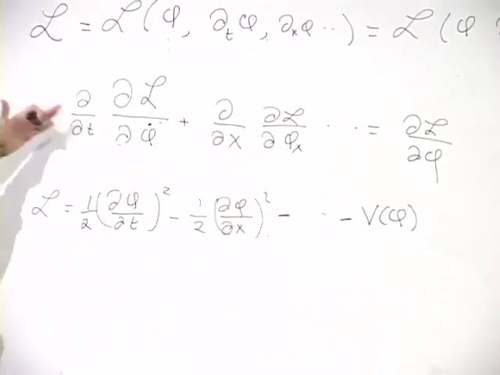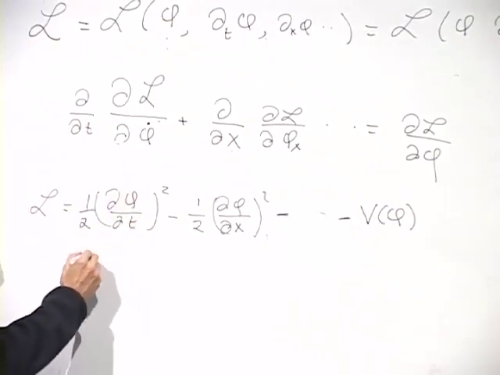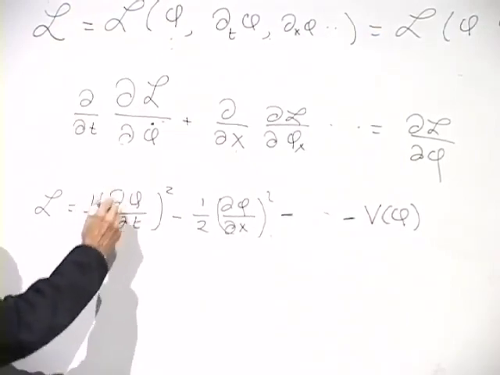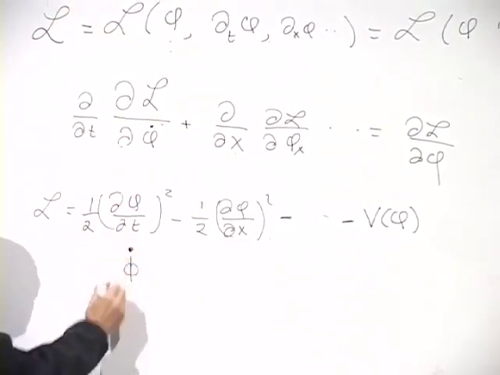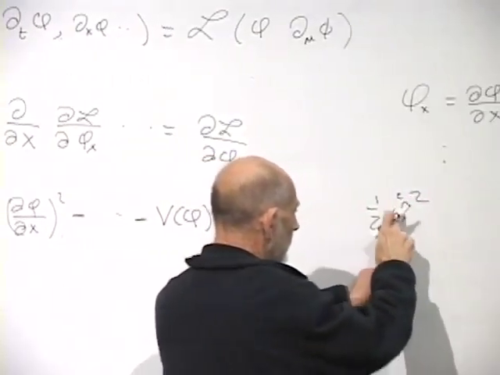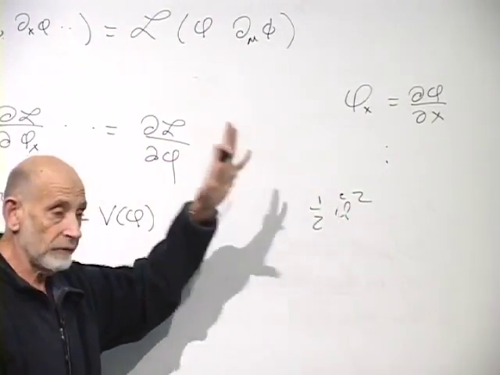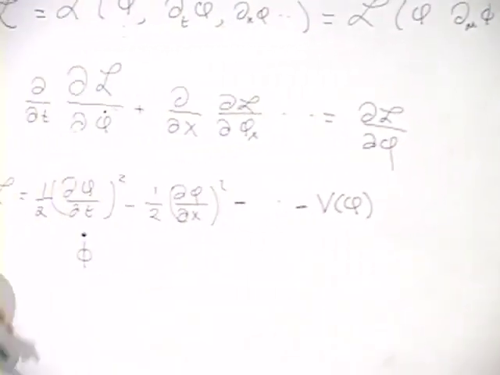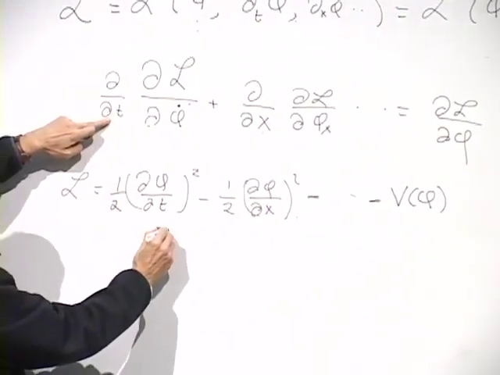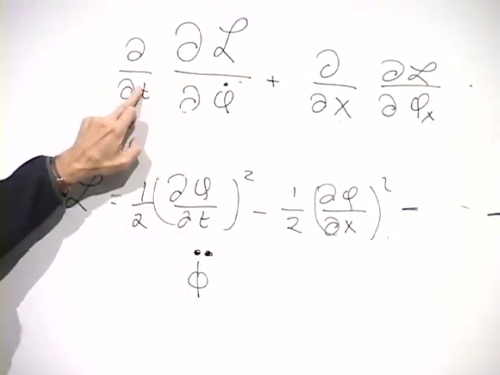Right, okay, so let's first differentiate the Lagrangian with respect to phi dot. Here's phi dot, 1/2 phi dot squared. The derivative with respect to phi dot is just phi dot itself. Differentiating, the 2 cancels the 1/2, and you just get phi dot. But then you have to differentiate again with respect to time. That makes it phi double dot, the second time derivative.